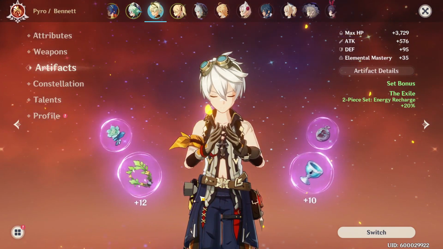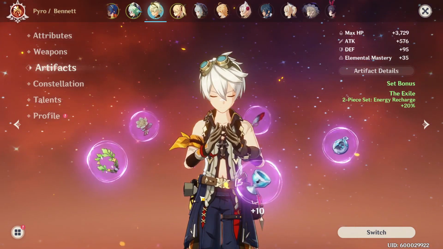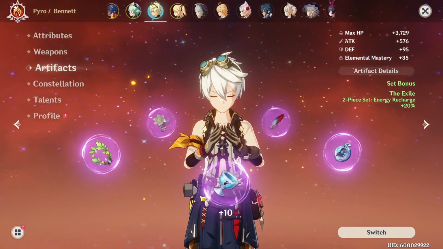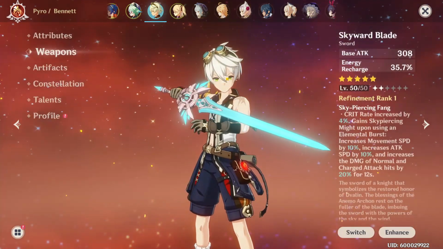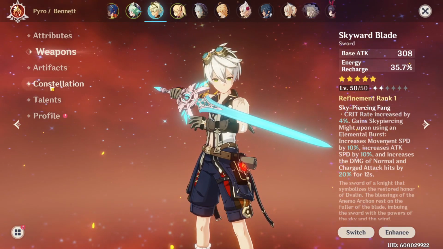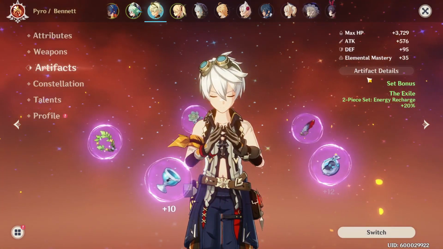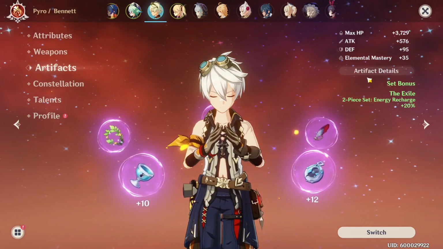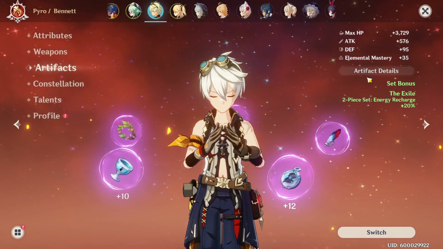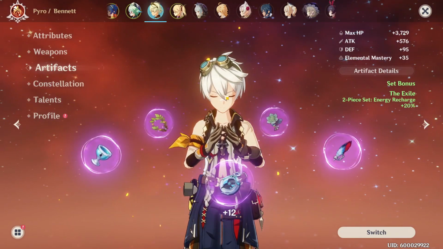You can build him just to be an absolute ult spammer, where he just has a bunch of energy recharge, like my 5-star weapon here gives 35.7% additional energy recharge, and my artifacts here, like the Exile set, are giving that energy recharge as well. That way you can just drop his ult and then switch to somebody like Razor or Jingling to do the